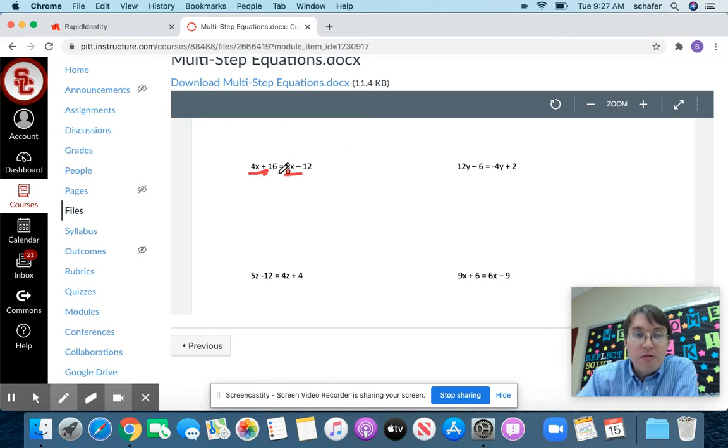Well, you remember that if you have an equation with one side equal to another part of the equation on the other side, in order to get the 4x or the 3x over to the other side, we need to subtract something. This 3 is positive. We want it to come over here to the 4. And so I'm going to subtract,